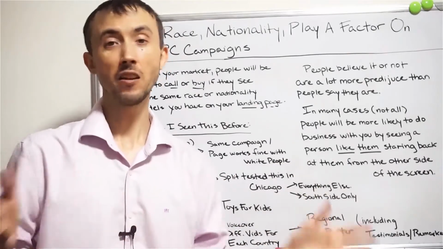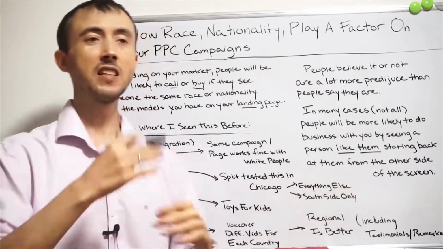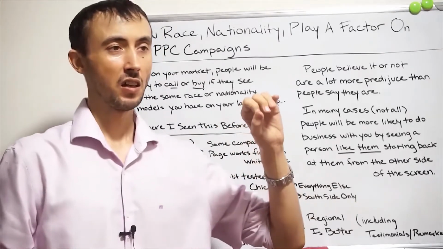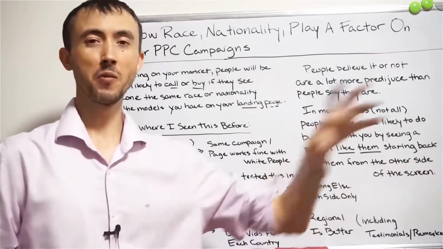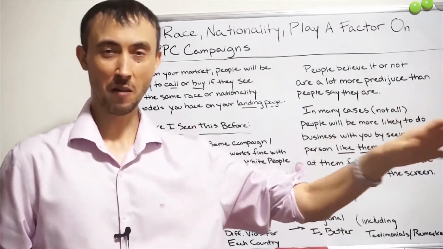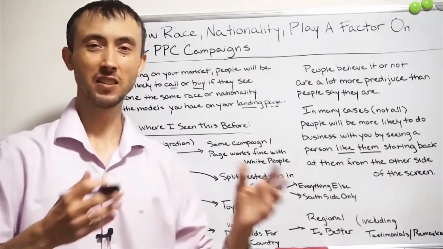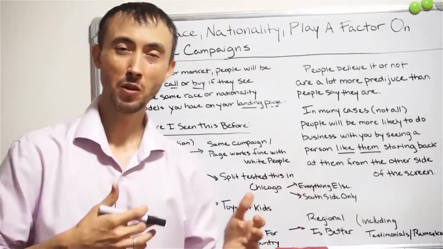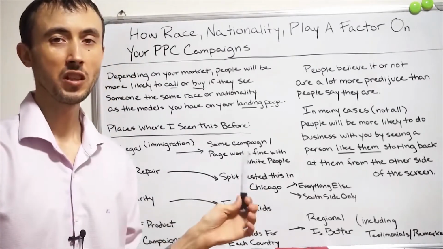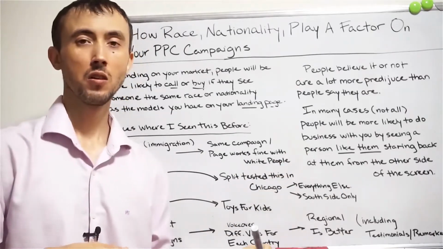People want to deal with somebody different, ideally, based on race. So I know it's a little bit baiting people. If you had a different race of person on your page, and the guy shows up as an Asian person or whatever, then it's kind of bait and switch. They could think that. I don't think it really is. But in this particular situation, I know switching it to an African American person for everybody in Chicago probably wouldn't